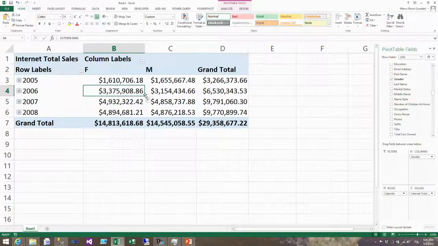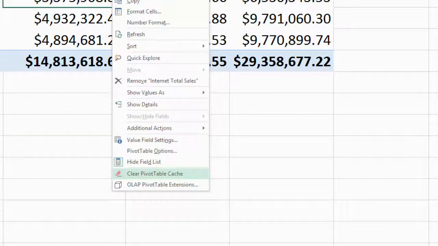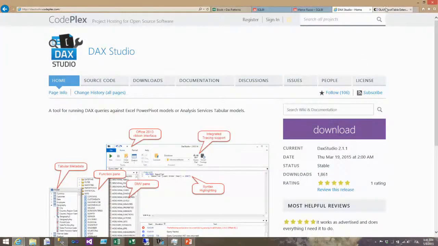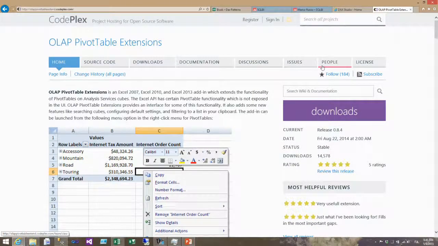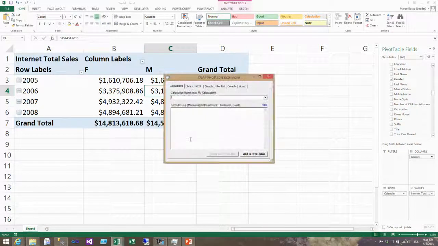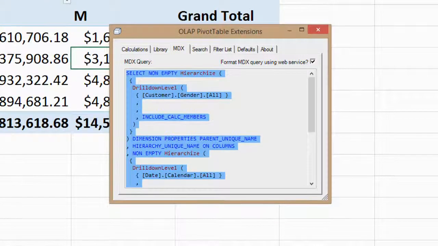You can run the profiler, look at the events, and so on, or you can right-click and go here in the OLAP pivot table extension. OLAP pivot table extension is another free add-in that you can download from Codeplex. It's an add-in for Excel that provides many useful features, but the one that I want to use is this. I want to see the MDX query generated by Excel for this pivot table. That's it. Now, I copy this query, and